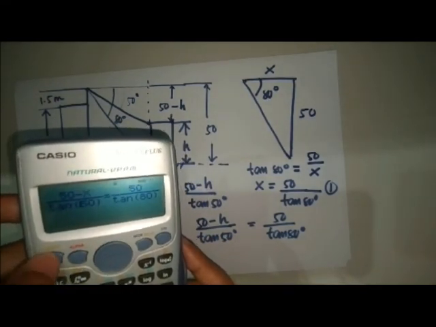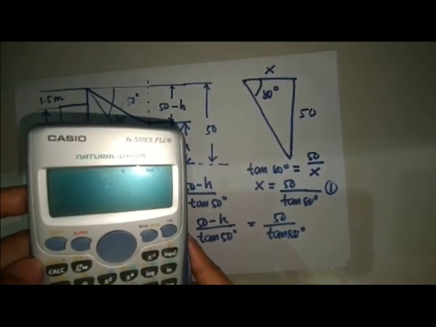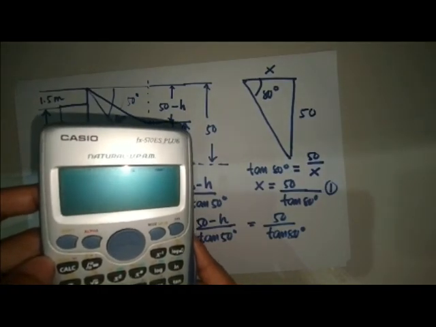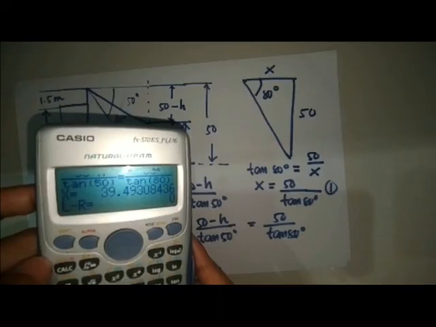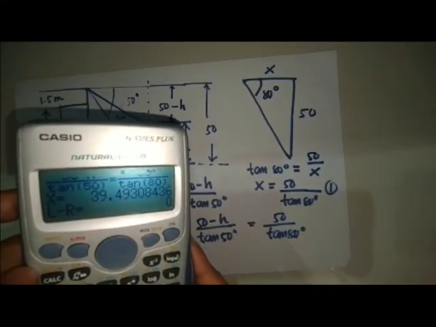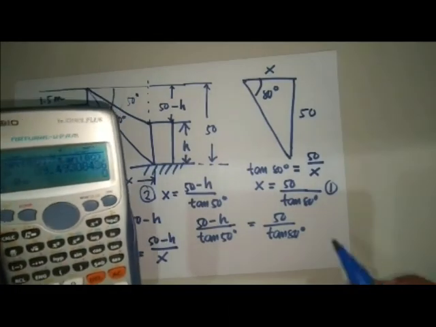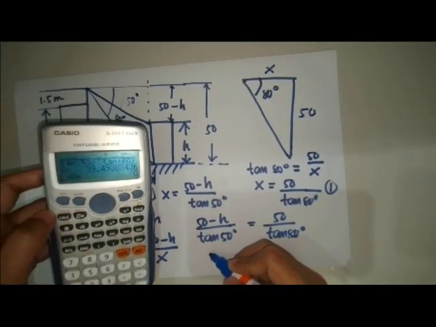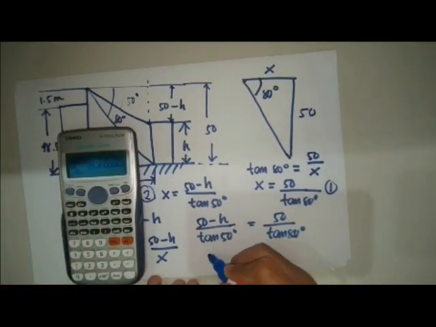You get 39.49 meters. So the height of the building is